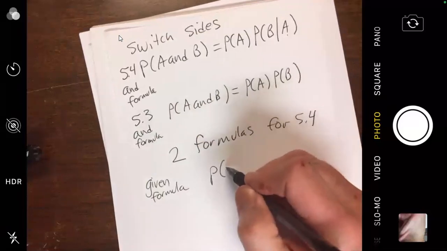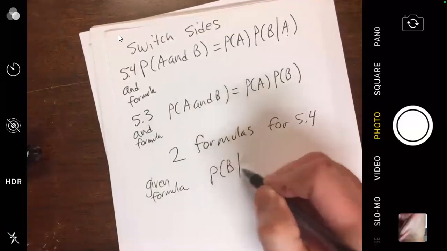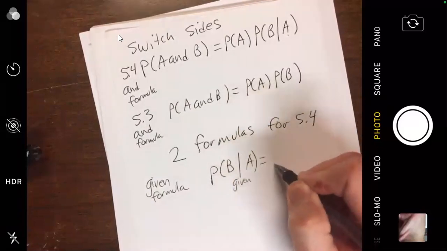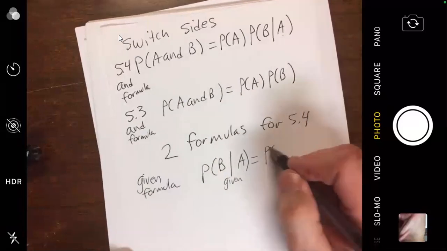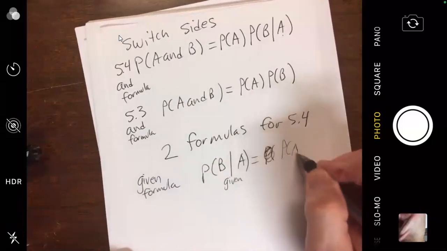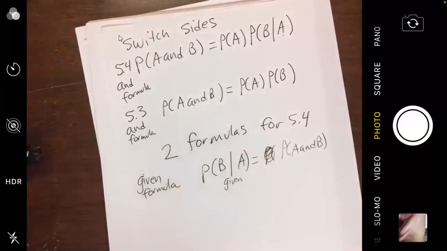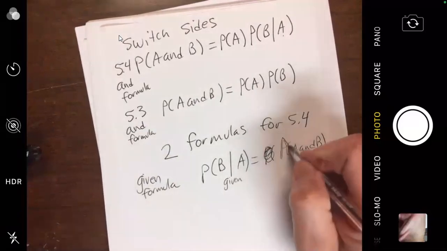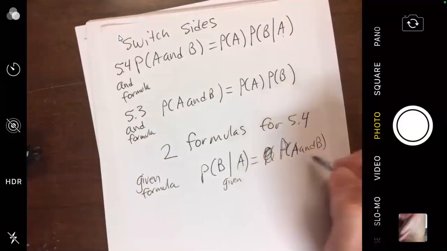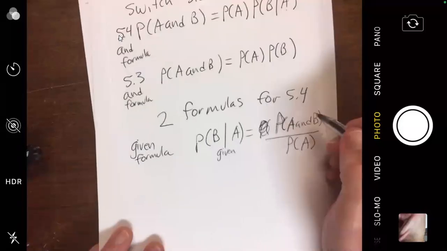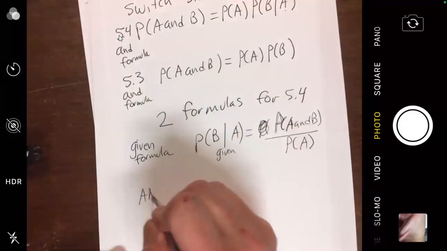Probability of B given A is the probability of A and B over just the probability of A. And then the and formula